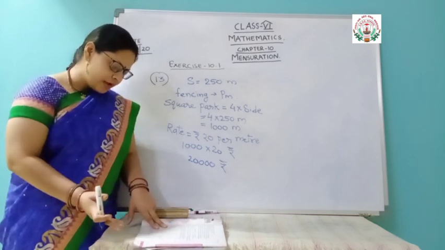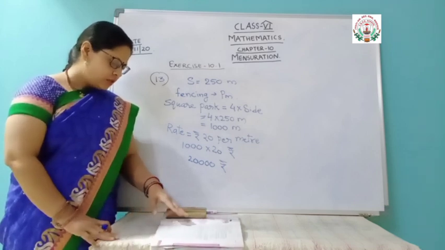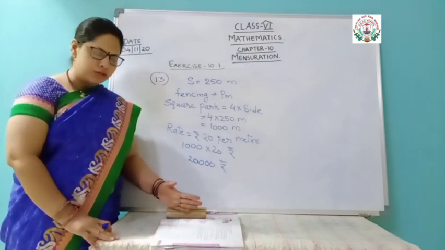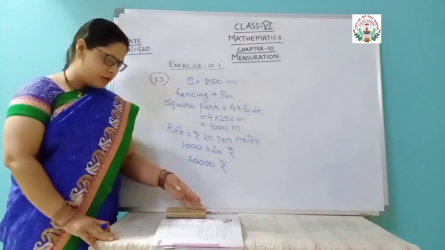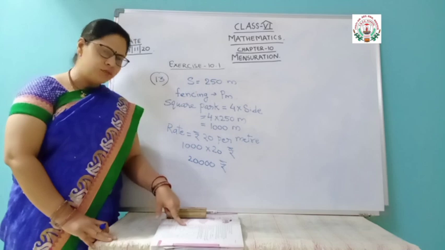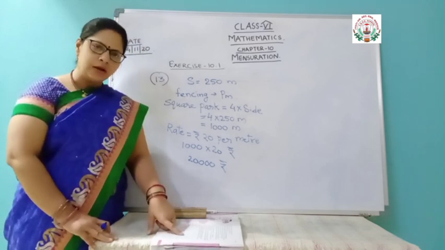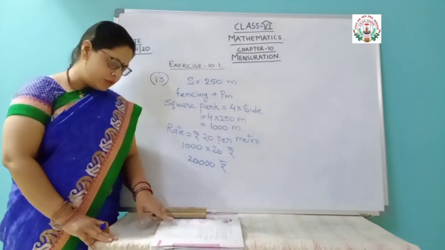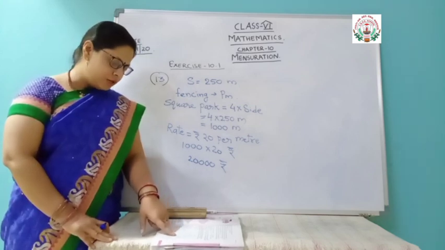So you are asked to just find out the perimeter of these figures. Nothing more. Perimeter means sum of all the sides. And if all the sides are equal, you can use the formula. Like the first one, all the sides are equal, so 4 into side you can use. C part, it is rectangular, 2 into (L plus B) you can use. And B part also, 2 into (L plus B) you can use.